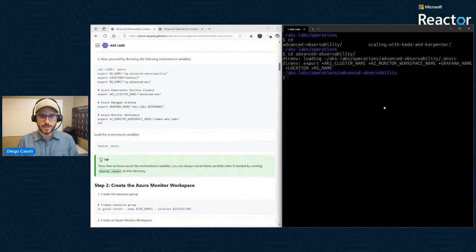So in Advanced Observability, which is the one we're doing right now, I just created that file. So if I cd into that directory, direnv will then load automatically all of the variables, including the cluster name, the context, the kubeconfig, and everything like that. So if I cd outside of that, then I'm essentially moving away into a totally separate environment.